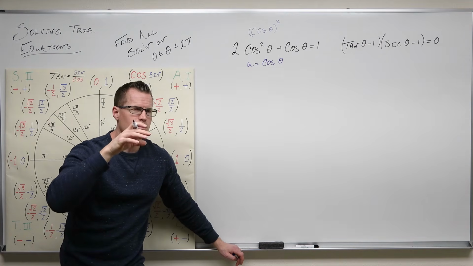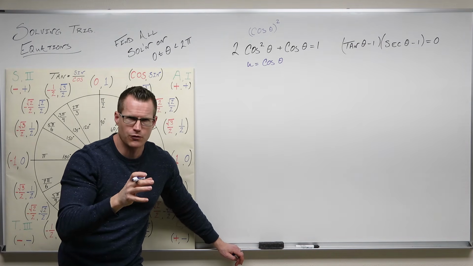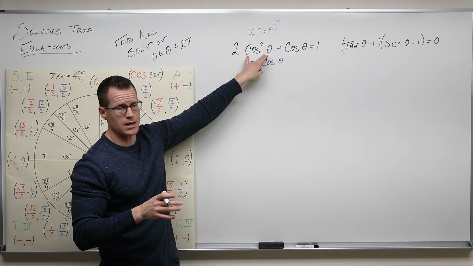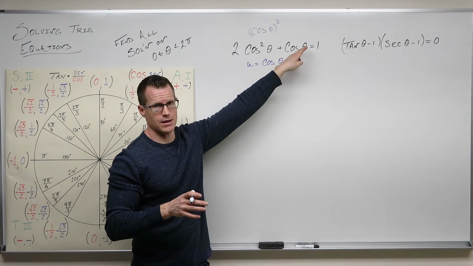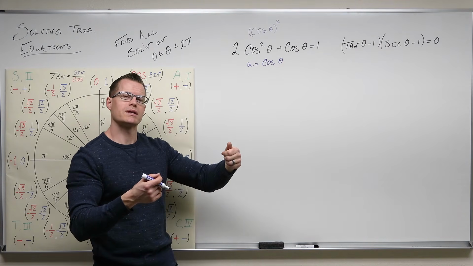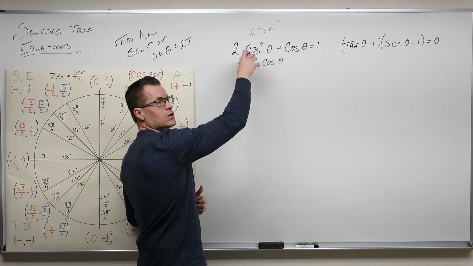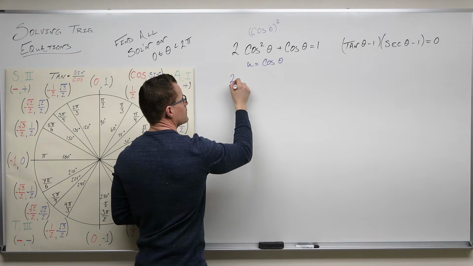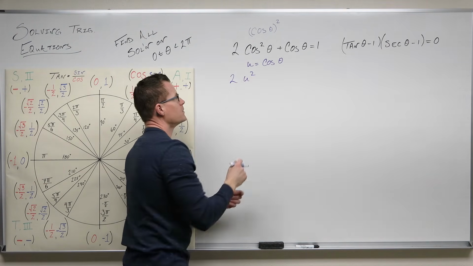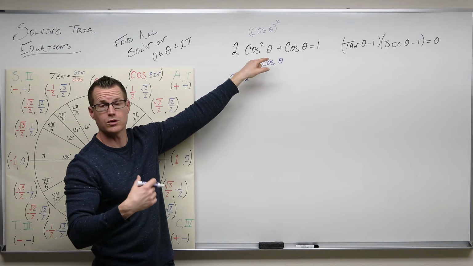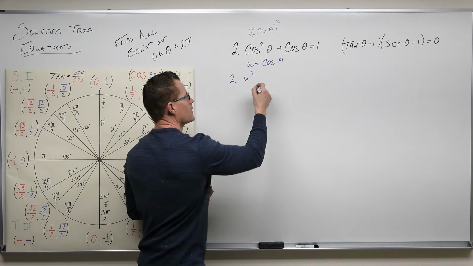So if u equals cosine theta, all we're looking for in a substitution is this thing and this thing to be the same, where this is 2 times that thing. That's all we really need. So let's go ahead and make that. Then cosine squared theta would be u squared, because cosine theta is now u. We get cosine theta squared. Well, no, we called cosine theta u, so u squared